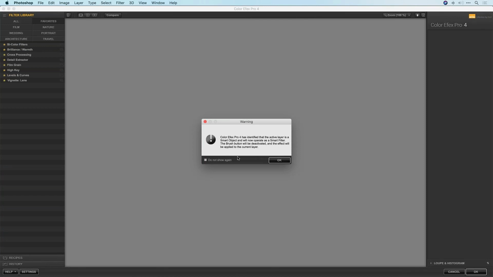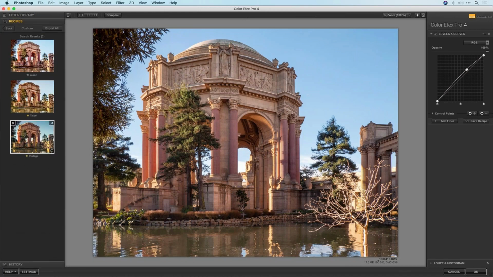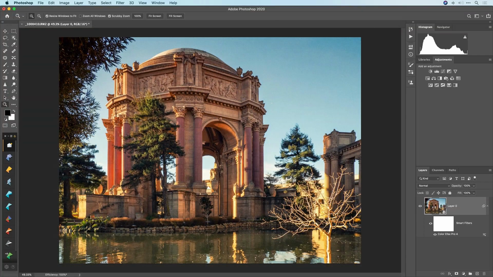You can see you even get a dialog here saying, hey, you have applied this to a smart object, which means this is now going to operate as a smart filter. And what that means is if I go in and let me just grab a recipe of something I've done previously, just grab something like this. Okay, so there's this vintage recipe that I've applied. We can see over here on the right, this is a combination of film grain, bicolor, and cross-processing filters. If I click OK and apply this filter in Photoshop as a smart filter on a smart object, what this